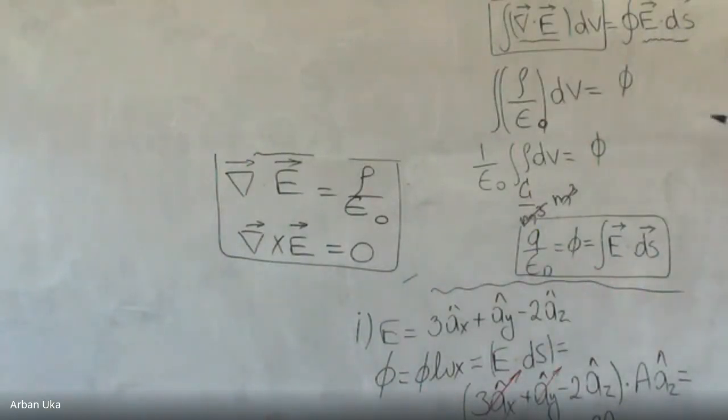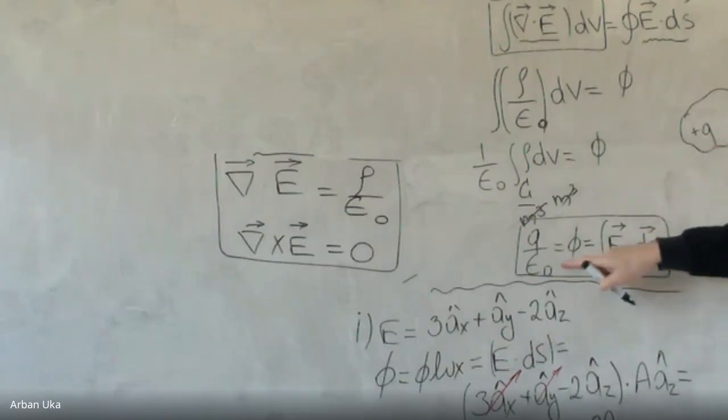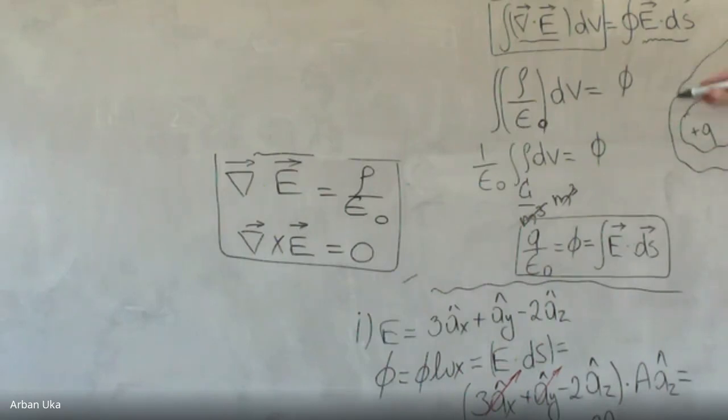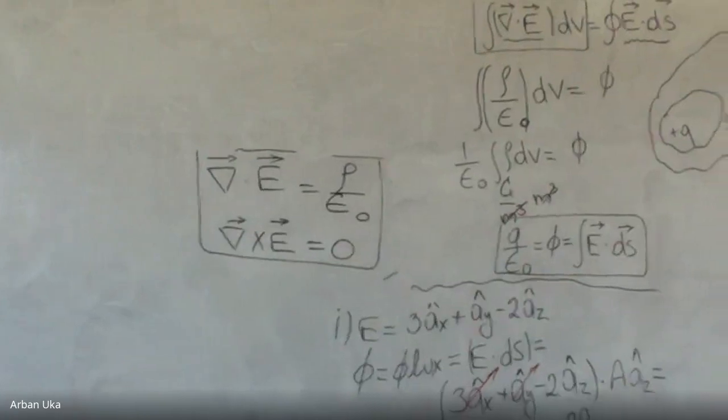This tells us that if we have a charge here, Q, and a surface area here, S1, the flux over the surface area S1 is equal to Q over epsilon 0. Okay? And then if you have another surface that extends like this, which will be S2, this surface also,